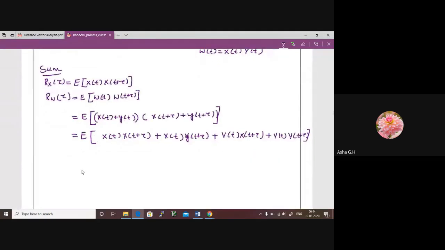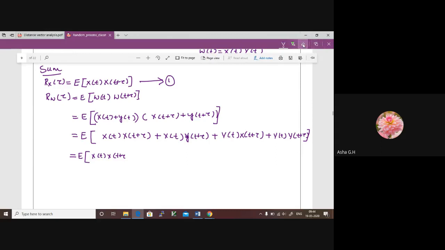Now when they are independent, we can apply this formula, expectation of x of t into x of t plus tau. Or maybe you can straight away write it. If you want, you can use one more step here in between. And we know what is the expectation of x of t and x of t plus tau. This is what is written here in equation number 1. If I name it as equation number 1, expectation of x of t into expectation of x of t plus tau. Now we have assumed these random processes to be independent random processes. So then we can apply this and we can reduce this to